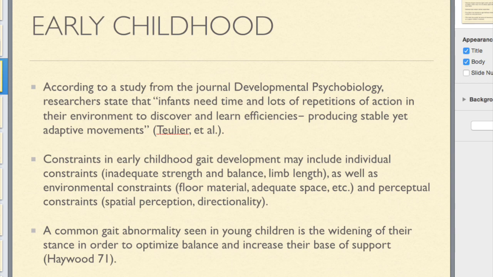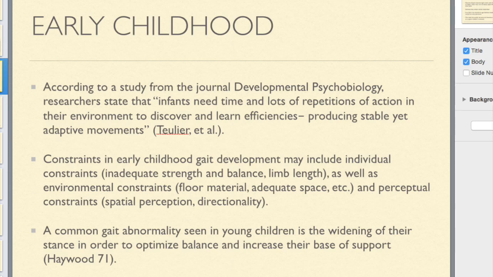Beginning in early childhood, lots of practice is key for timely gait development. Even if a child moves frequently, there are multiple constraints preventing them from achieving a proficient gait pattern. These include a lack of adequate strength, balance, and stride length, as well as an underdeveloped perception of space and directionality. These constraints, of course, lead to walking abnormalities, a wide stance for lateral stability being a common one for